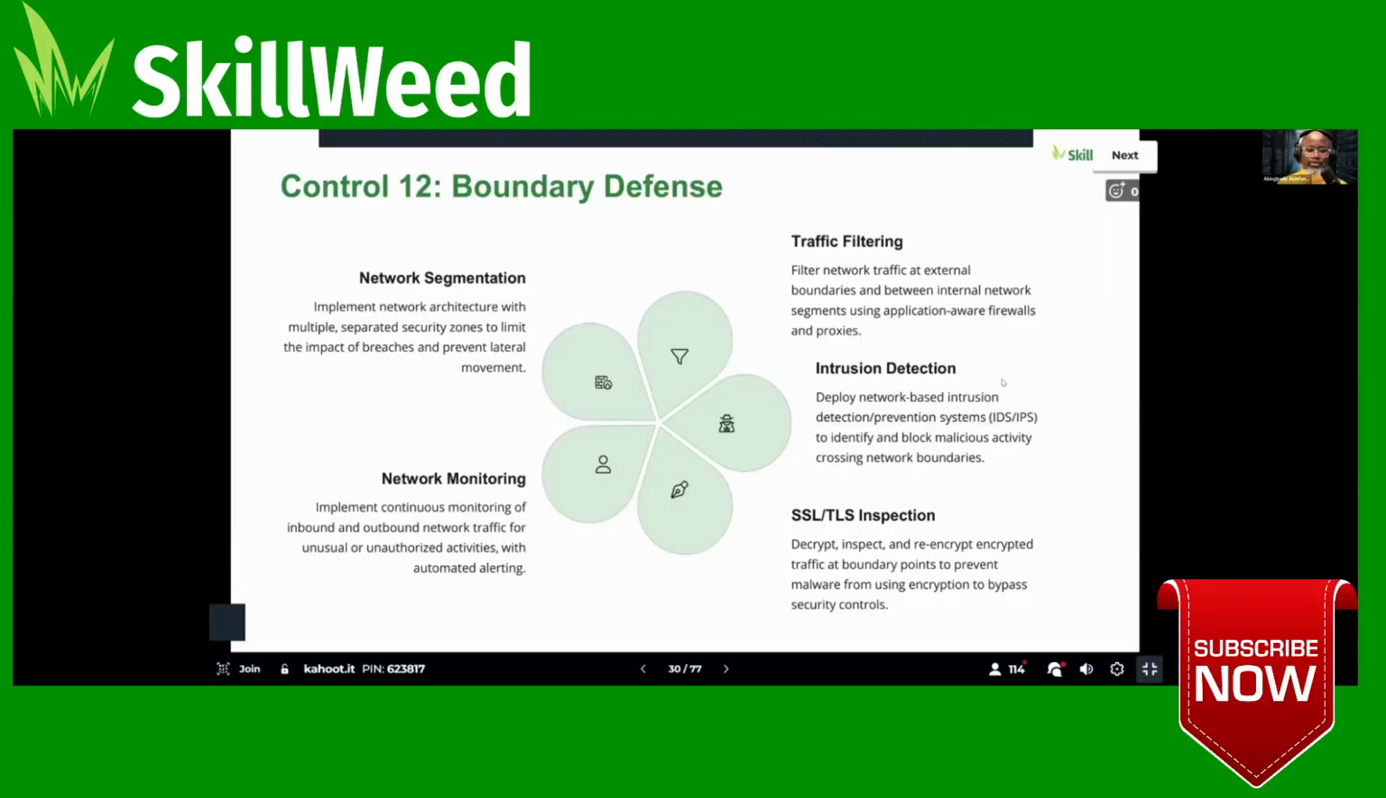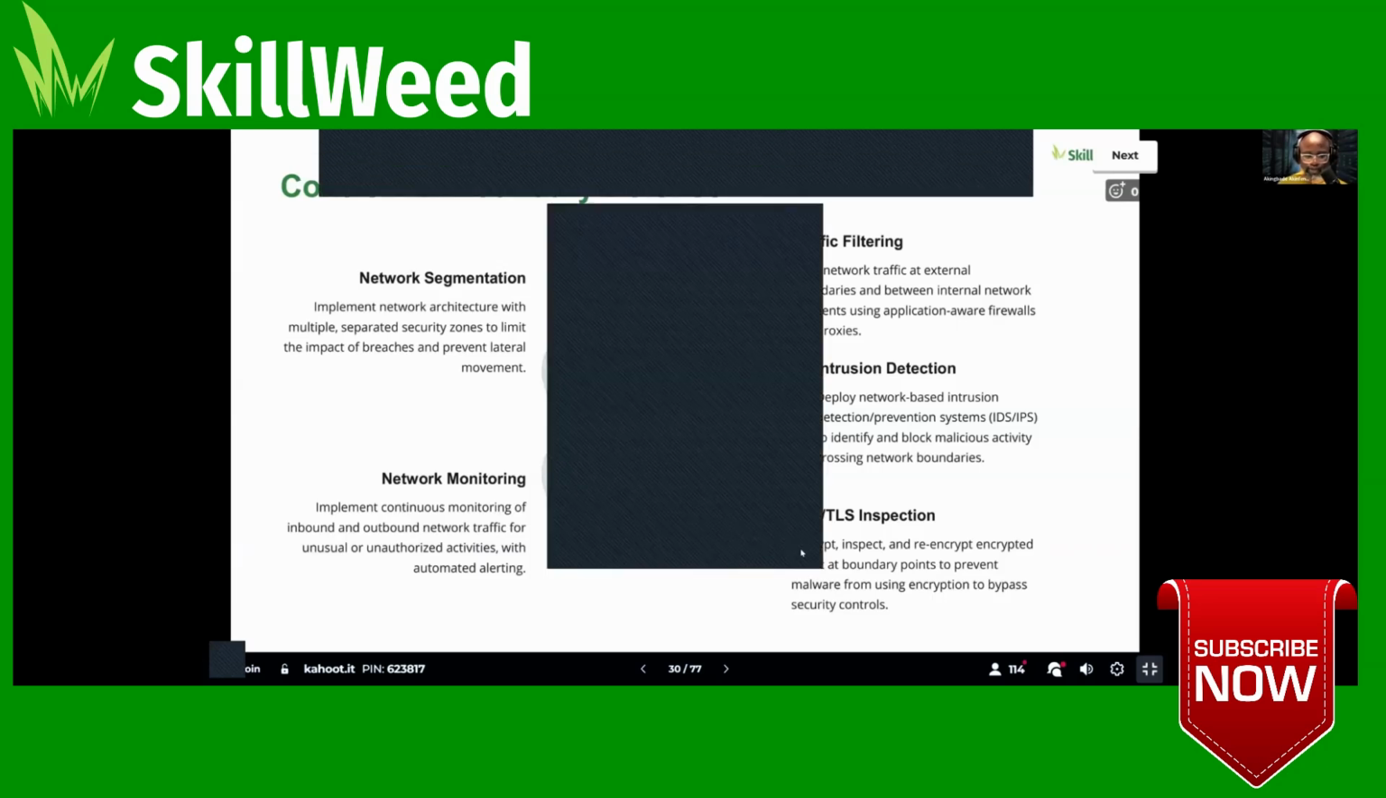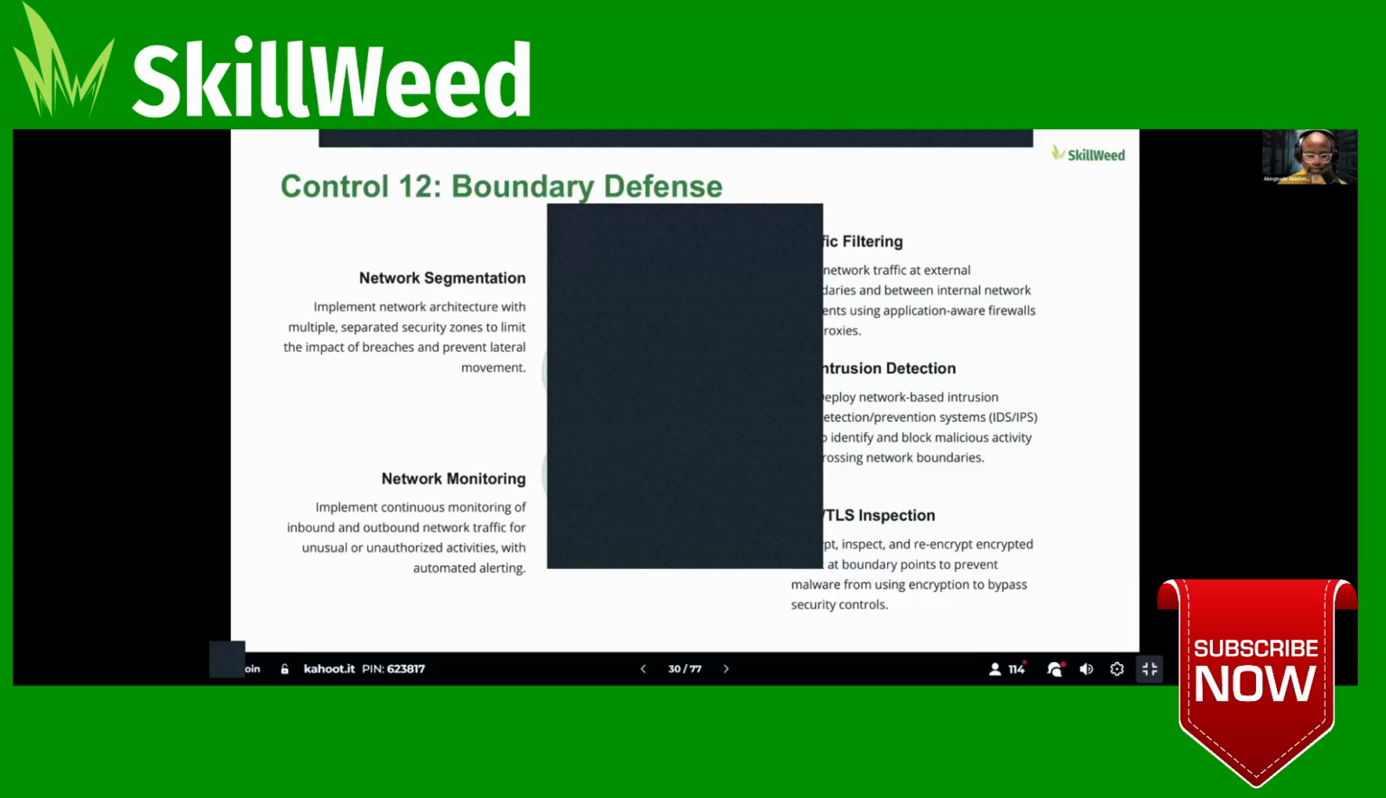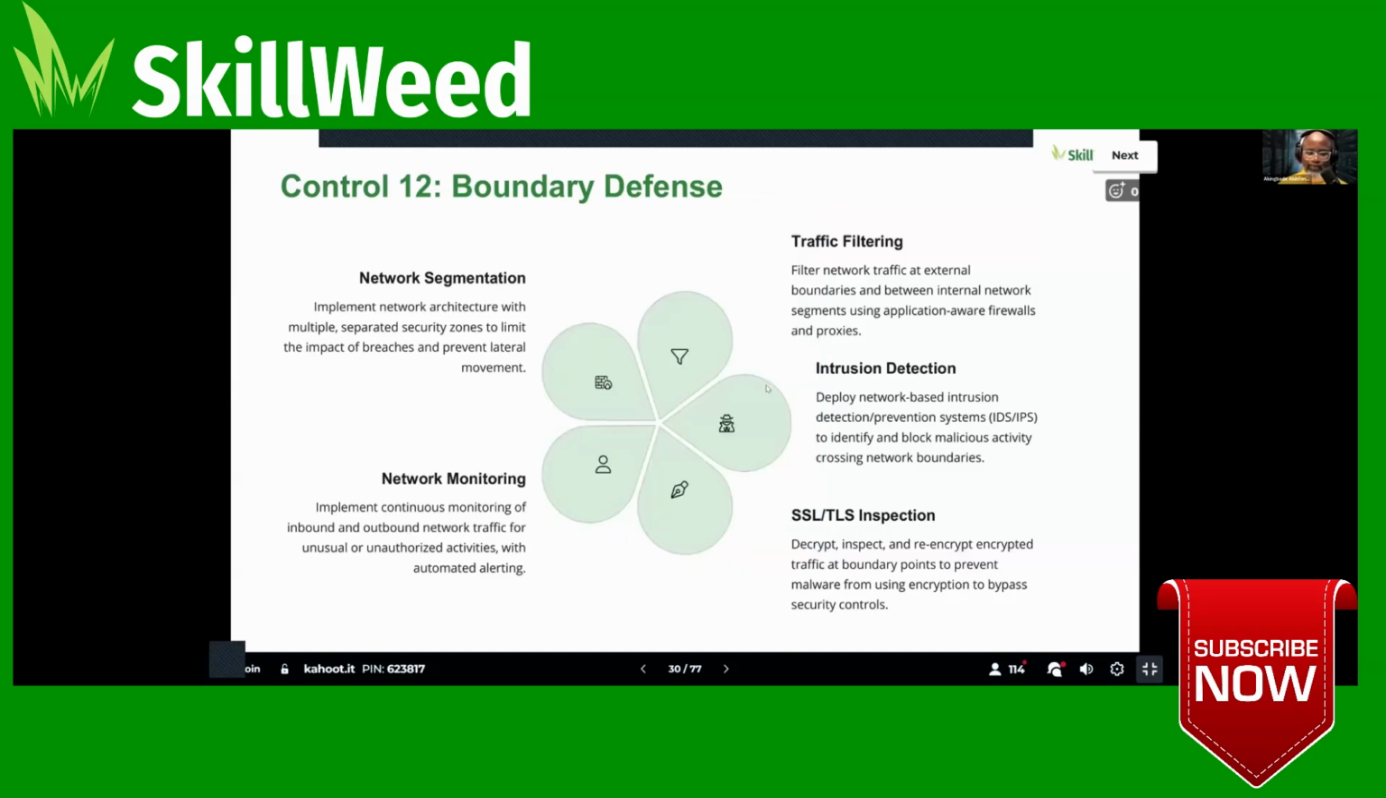Boundary defense. Can we all type defense in depth, everybody? Just type defense in depth. Defense in depth. So, in IT and cyber generally, we have layers of defense, because you're thinking in your mind, maybe